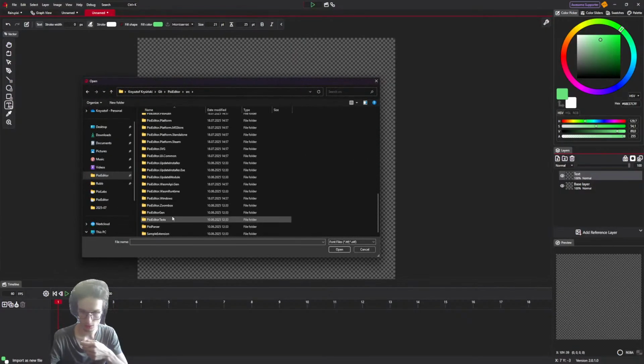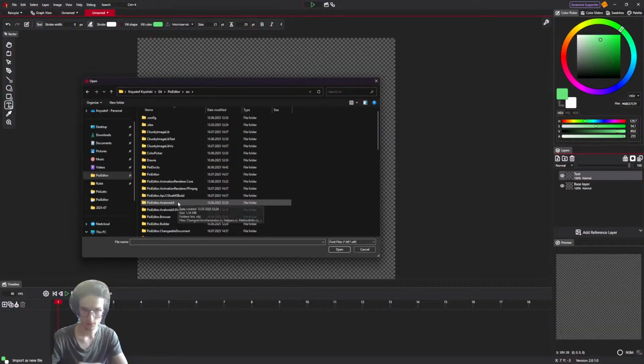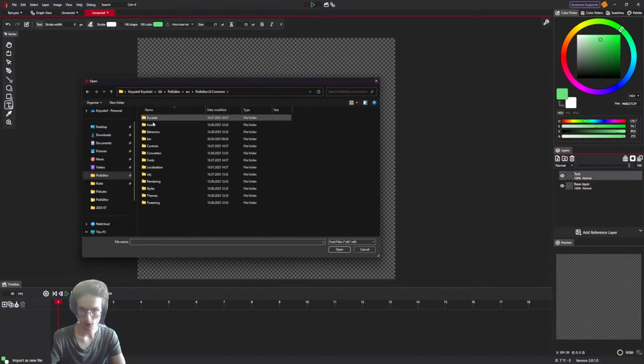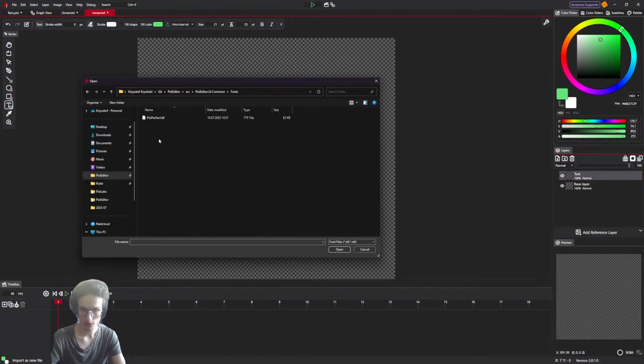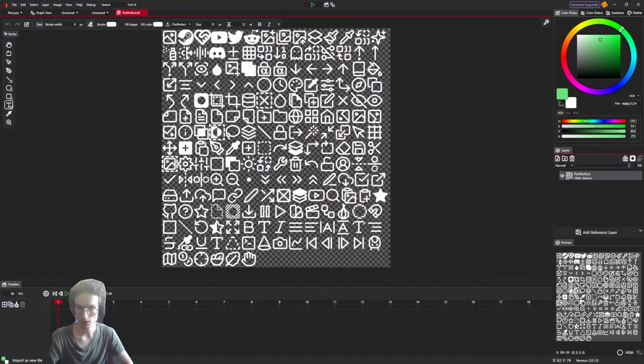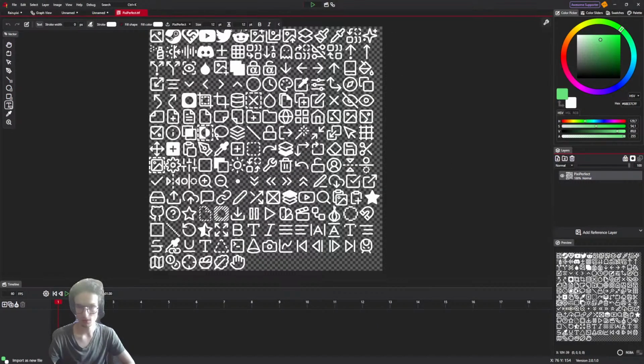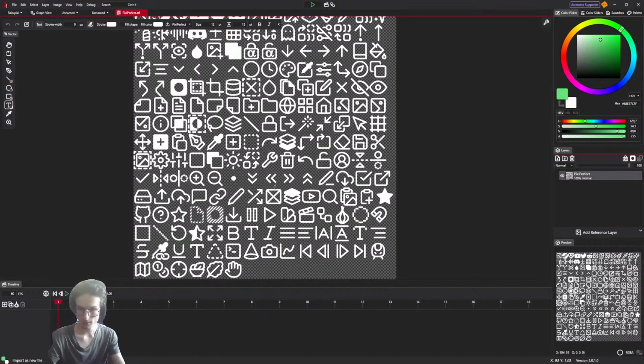This is in the source, UI fonts. Okay, Pixie, perfect. And now let's open it in a separate tab so I can see all the icons. By the way, these are all the icons that are used in PixiEditor. This is all the icons. It's about 120 or something like that.